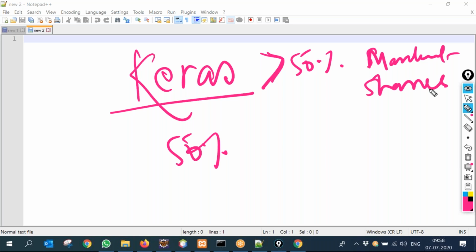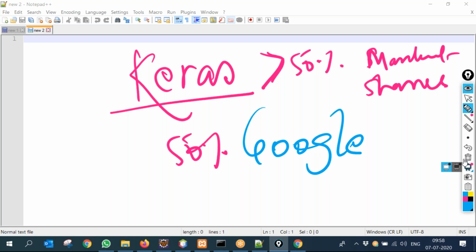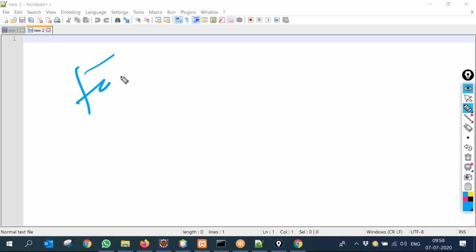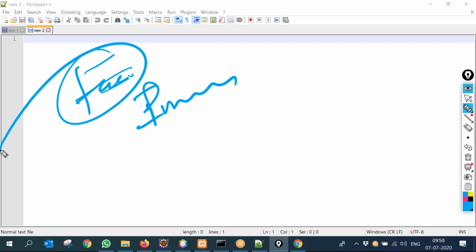Google. Yes, you're right. It's Google. The best image recognition software is owned by Google, Facebook, right? So that answers you about data, third part.